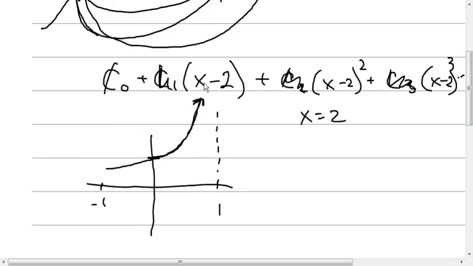Well, you already know this. Remember how we used to move parabolas around? X minus 2 is simply going to move this whole curve over. Let me get another colored pen here real quick. This is just going to move this over. Here's 1,